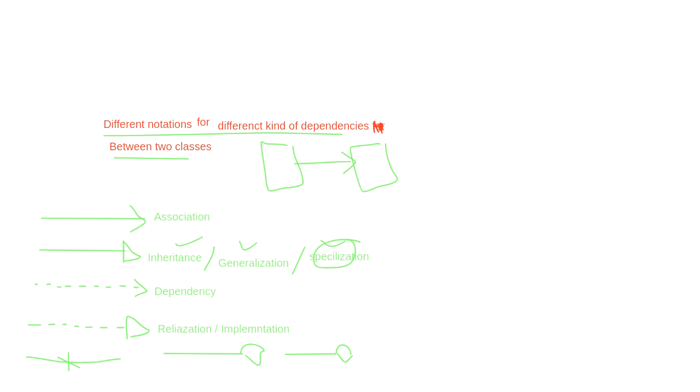This is aggregation, and if you have the same like this and you fill it, this is called composition. Just this, you get the composition. So these are the different symbols for showing the relationship between two classes.